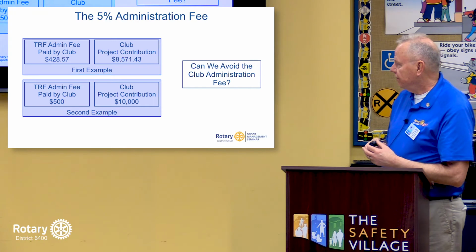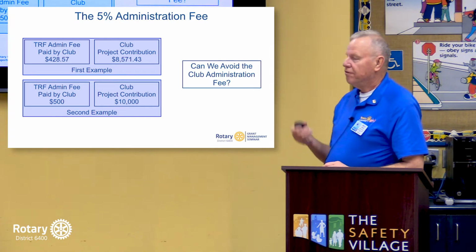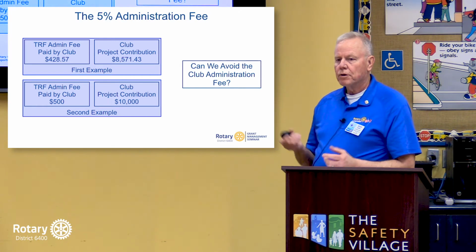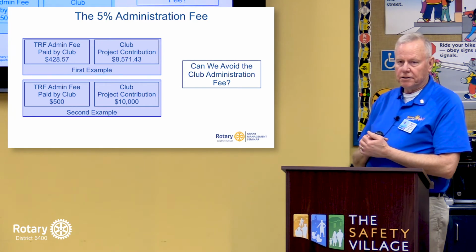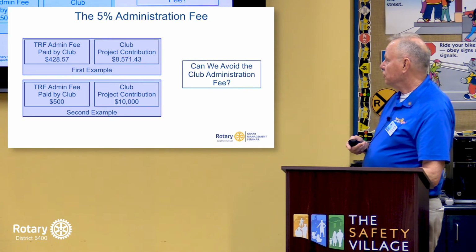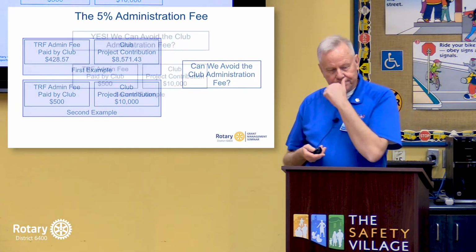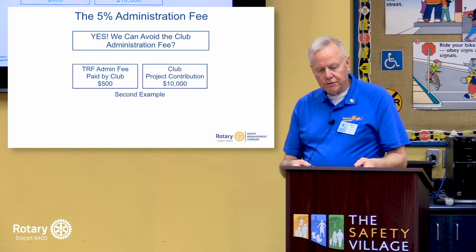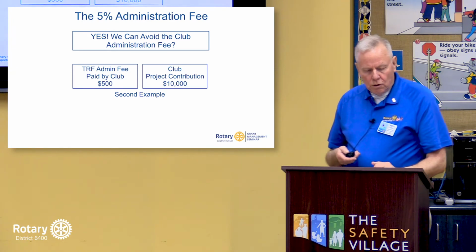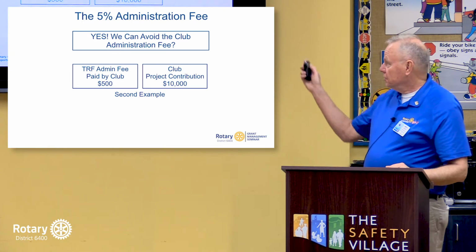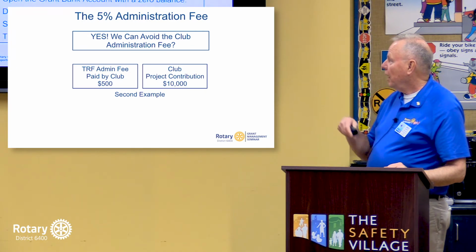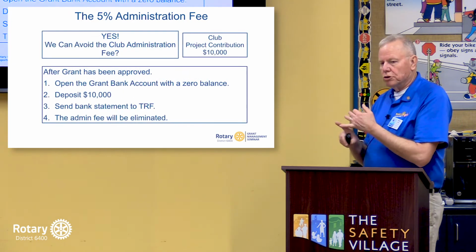And then if it's $10,000, $500 would have to be paid by the club. They'll just subtract it out of that $10,000, and that's all you get. So, can you avoid it? And you can. It's very simple. You can avoid this fee completely, in this case the $500, by, when you have a global